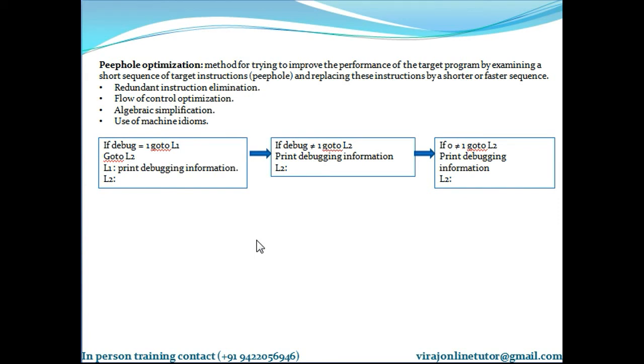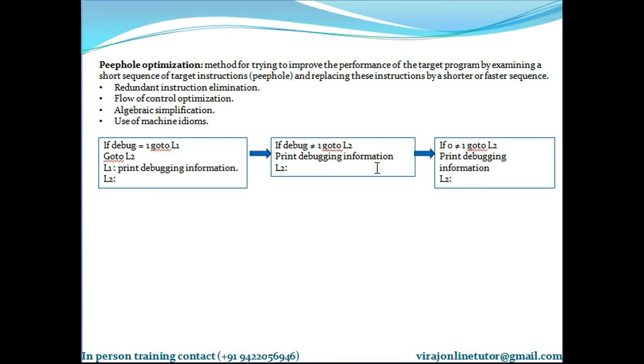So what it says: if debug is equal to 1, go to L1, otherwise go to L2. How am I optimizing this? If debug is equal to 1, I am going to L1 where I am printing this information, otherwise go to L2. So I have optimized it this way: if debug is not equal to 1, only then you go to L2.